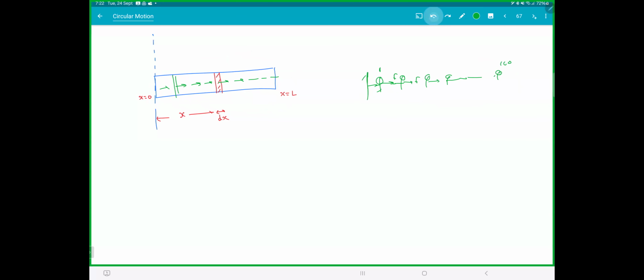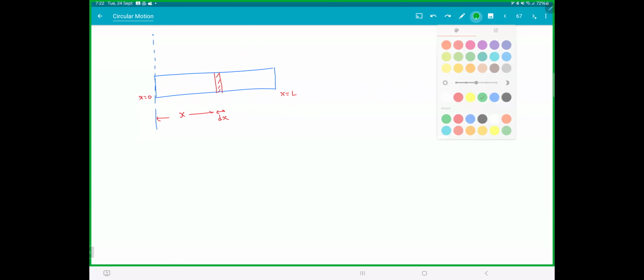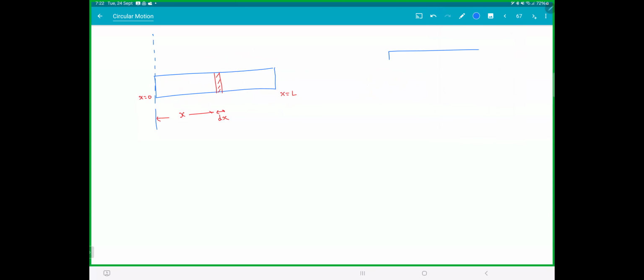And the tension is 0 where? Tension is 0 at x is equal to L. There is no one to pull you. So that is the first thing you need to understand. Tension is not 0 at x is equal to 0. So let me just put that here. So when you take this rod here,